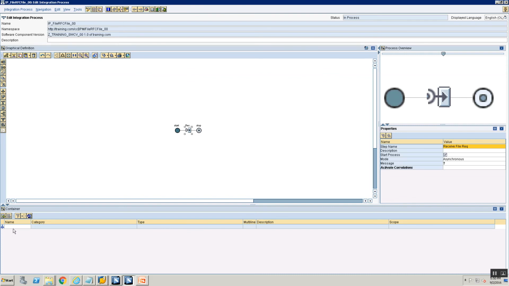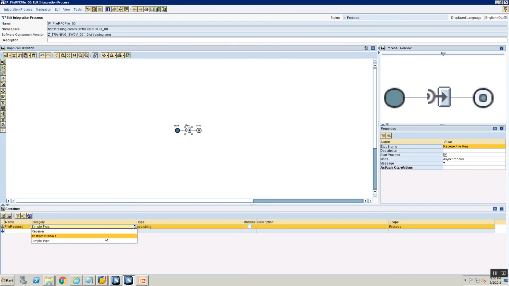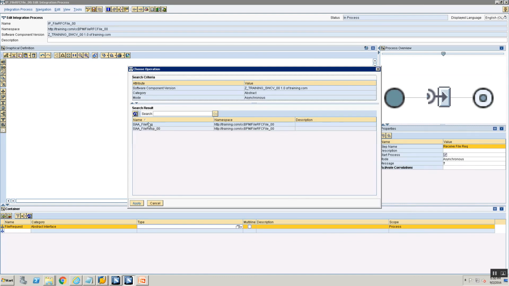Before we do anything else, we need to define containers. Containers are nothing but, in BPM, for you to handle your messages, you need to define container objects. So the first container object that we are going to create is the file request container object. I'm calling the container object file request. The category is going to be abstract interface. Make sure that the category is abstract interface, and the type is going to be our SIAA file request service